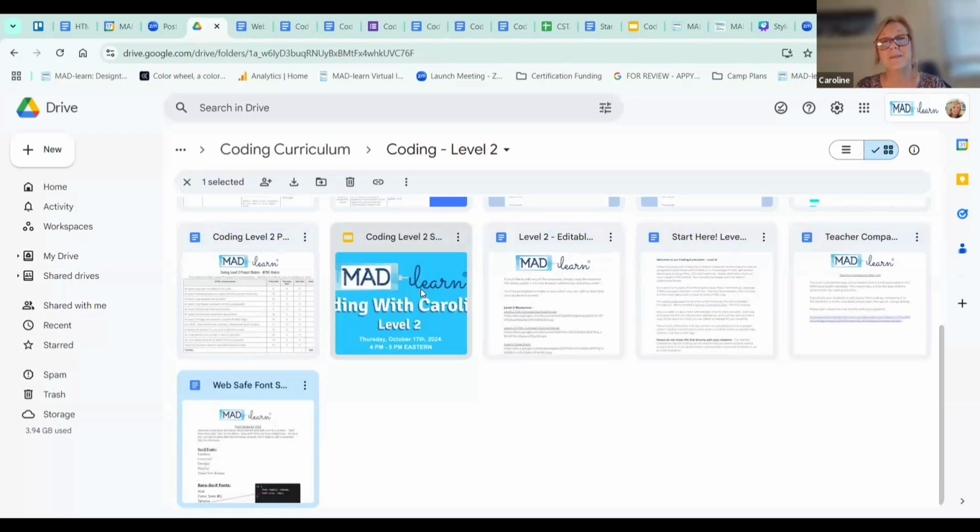The teacher companion is there to help you. So it's kind of like a pocket, if a student's like, I don't understand what's going on, I'm not sure what's wrong. You can have your phone in your pocket and take a quick glance and have an idea where to look. So the level 2 curriculum